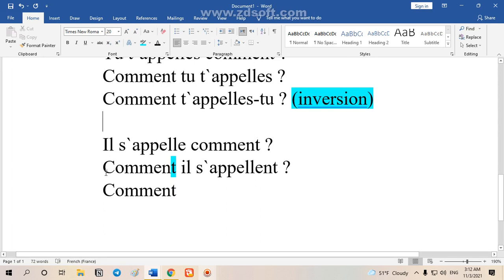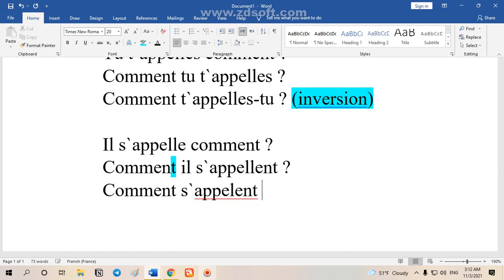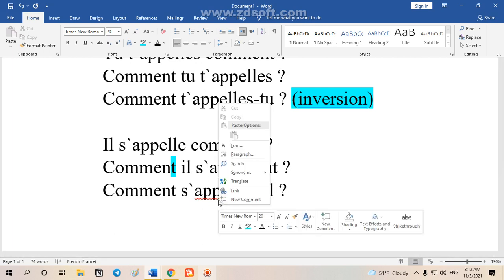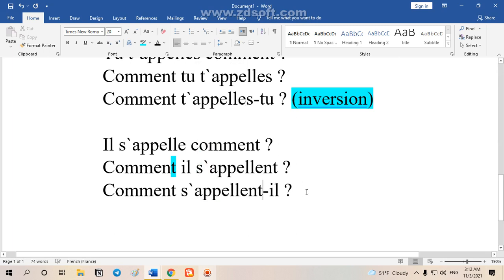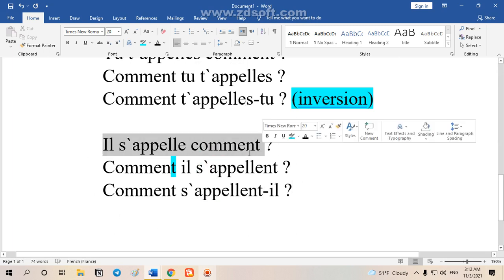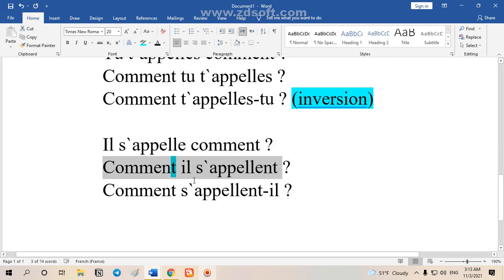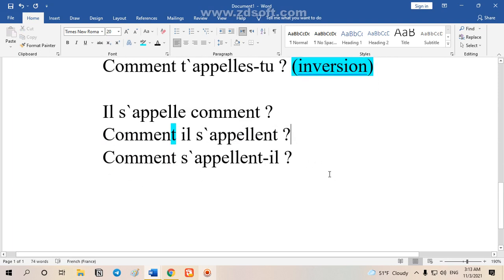Il s'appelle comment? Comment il s'appelle? Comment s'appelle-t-il? Comment s'appelle-t-il? So, il s'appelle comment? Comment il s'appelle? And comment s'appelle-t-il? Don't forget to put a hyphen between them when you change the subject and the conjugation form of the verb. And it is really necessary, and it is called inversion, as I told you. Exactly this form